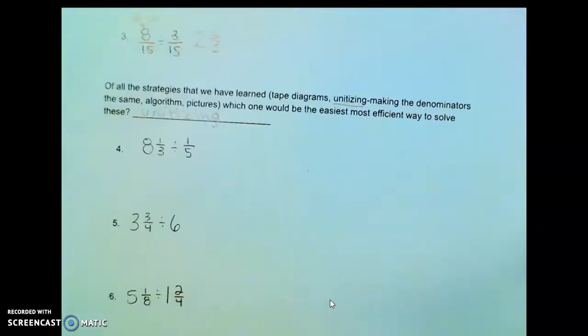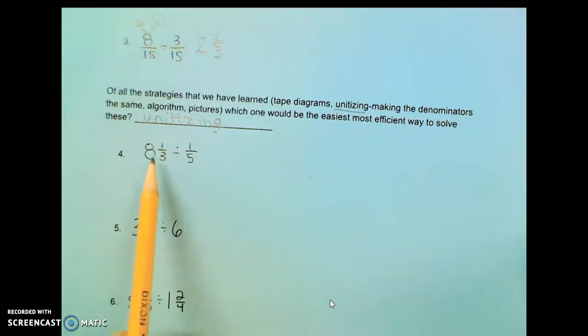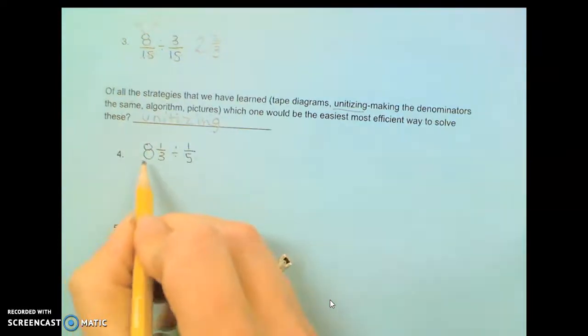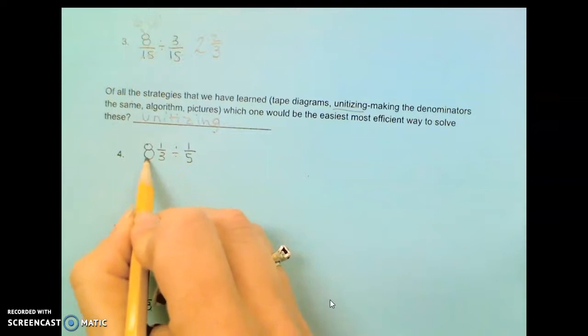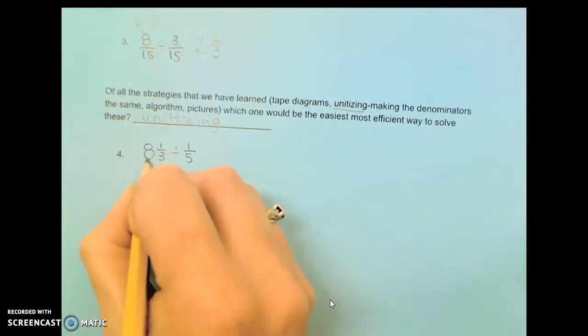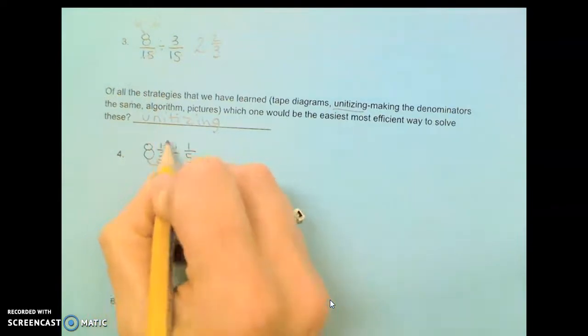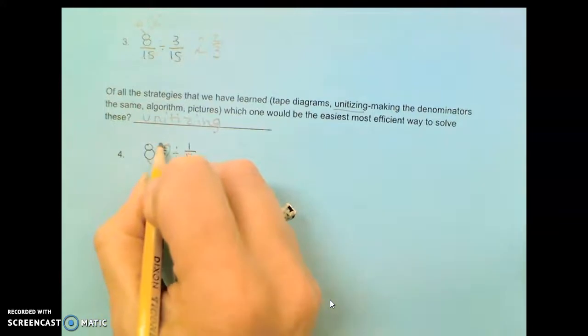So now, down here we have 8 1/3 divided into fifths. Well, this one to me is pretty tricky because it's different units, and so for this one I'm just going to use the algorithm. So I need to divide a fraction by a fraction, but these aren't fractions, so I need to change this into a fraction. So I'm going to do 8 groups of 3 pieces plus one more group. So 8 times 3 means I have 24 plus one more,